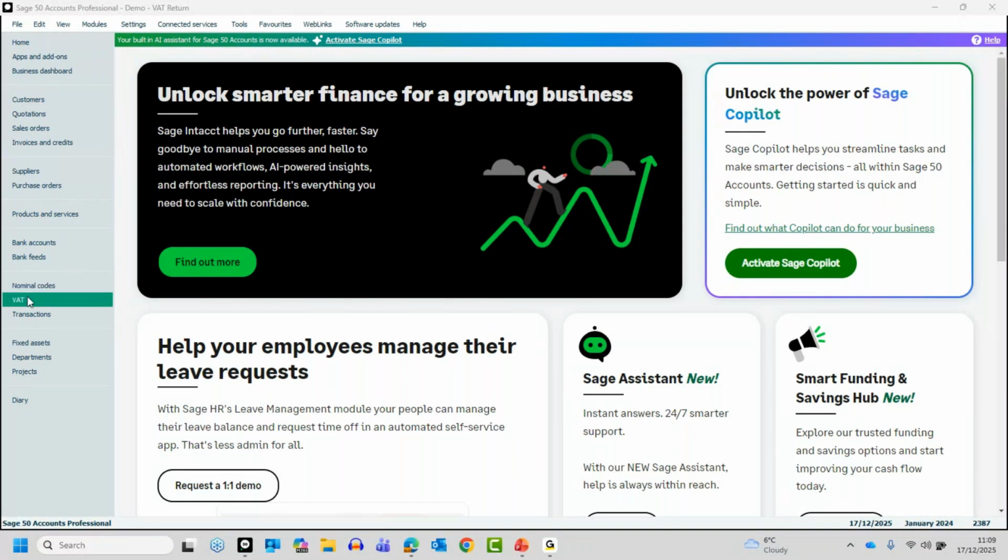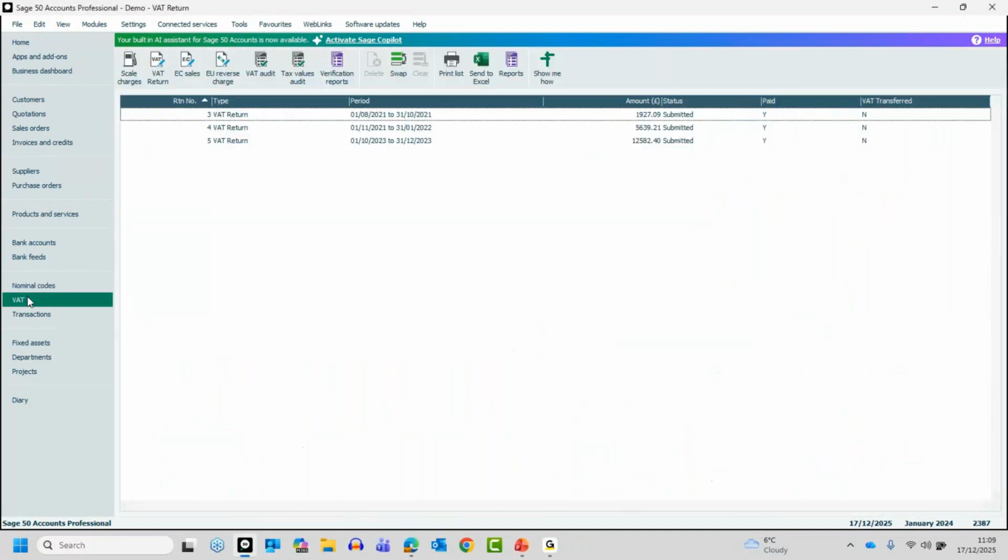But if we click the VAT option on the ledger on the left, and if you've got any VAT returns where you've reconciled previously, they're now going to be listed. If you're new to Sage, or maybe you've only just registered for VAT, then you should find it's blank. Now, these are essentially copies of what you've reconciled previously. So once you agree your figures and you get to the point where you click the reconcile button, it'll create a VAT return archive and it will add it to your list. And it means you can go back and look at your old VAT